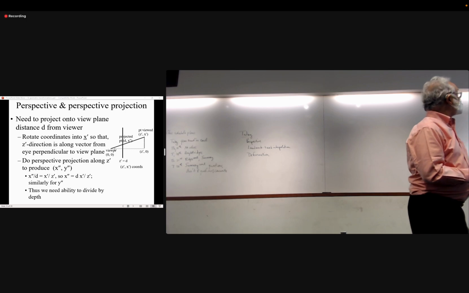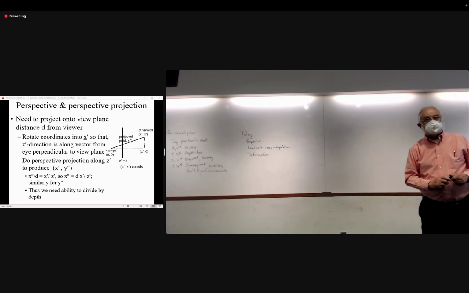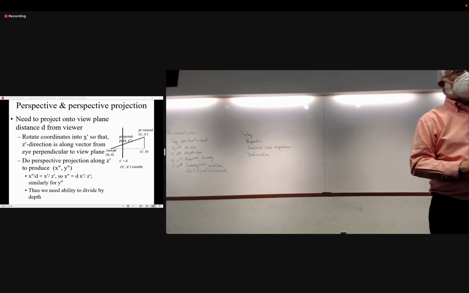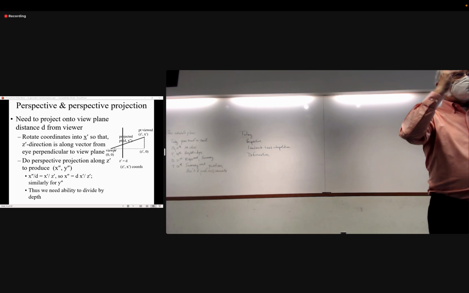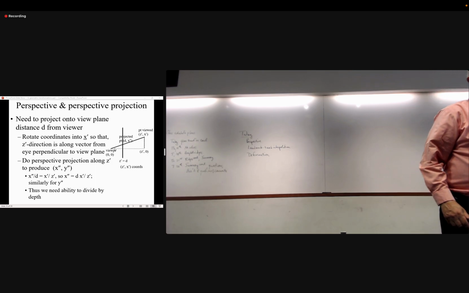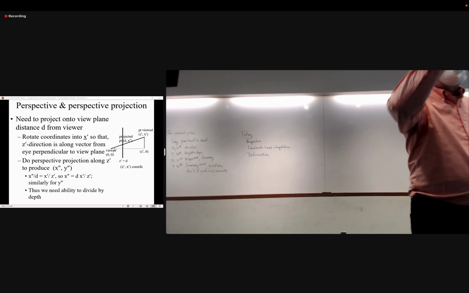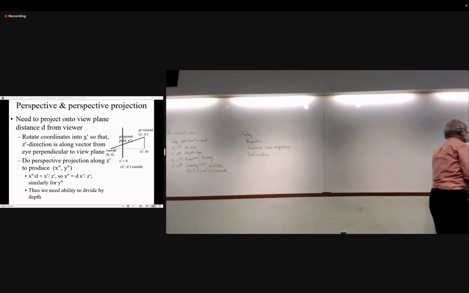Okay, so that requires a rotation from x, y, z into x prime, y prime, z prime, and we know how to do that with a matrix of homogeneous coordinates, which has that rotation matrix in the upper left-hand 3 by 3, and a 1 in the lower right, and zeros elsewhere. Okay, once you have things set up like this,